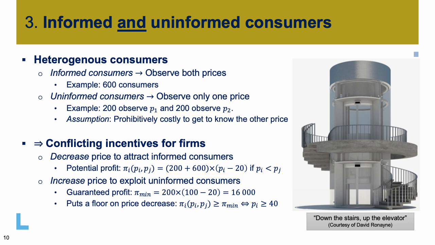Okay, so this is the condition here. The profit you make in this case, 800 times (Pi minus 20), has to be larger than 16,000, which, if you do the math, means that Pi has to be larger than 40. You will not go below 40. 40 is actually the floor here. If you reach that, you go up the elevator and you prefer to be on the top, setting a price of 100.